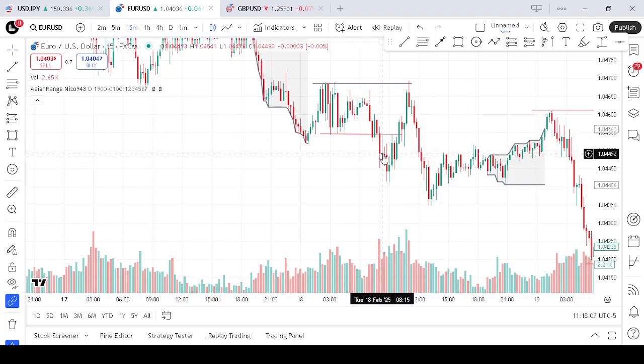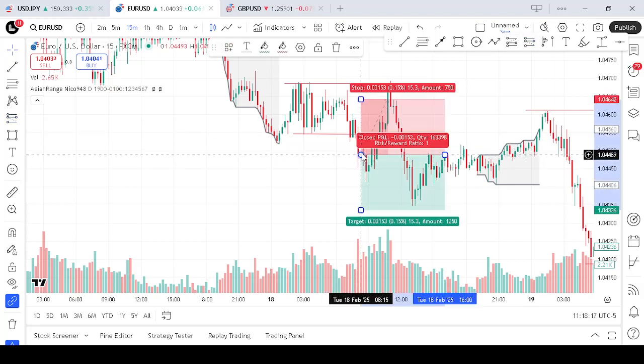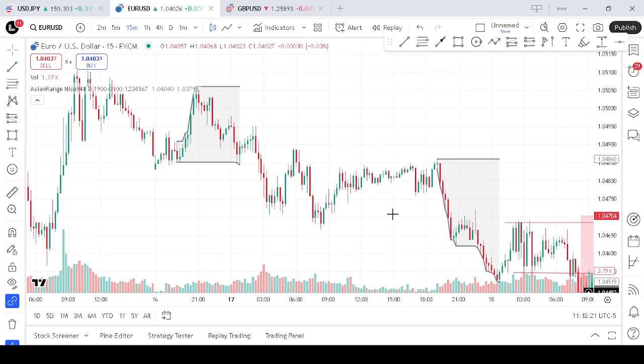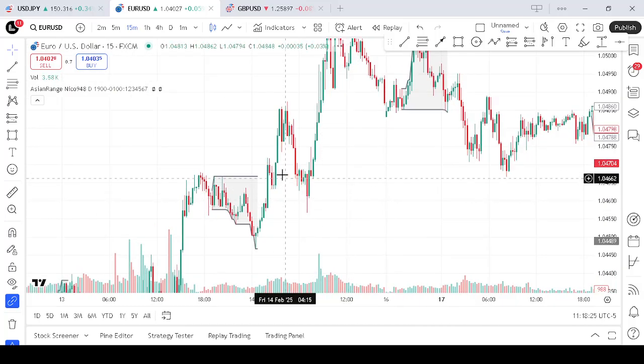So we enter immediately after we have seen a close below. In case of a bearish signal, we enter after this closed candle below. This is when we can enter in a selling scenario, while in a bullish scenario we can enter after we